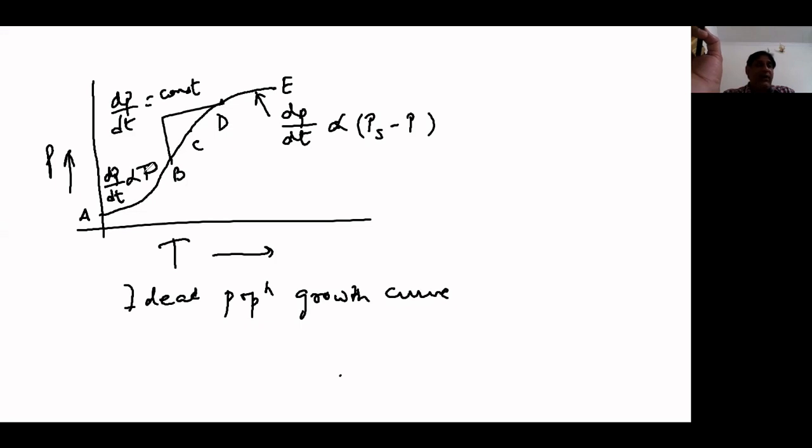Late growth is depicted by graph portion DE, and DE denotes a late growth, and PS is the saturation population, because if you generally see the population trend, at an initial stage the population increases, then due to several other factors like births, deaths, and migration, the population reaches a saturation value. So at that point of time, the population increases or decreases at a very slow rate, which is depicted by the curve DE, right?